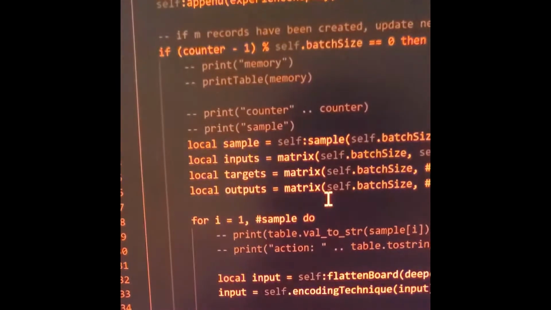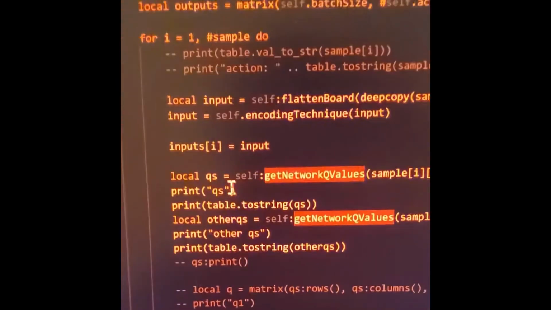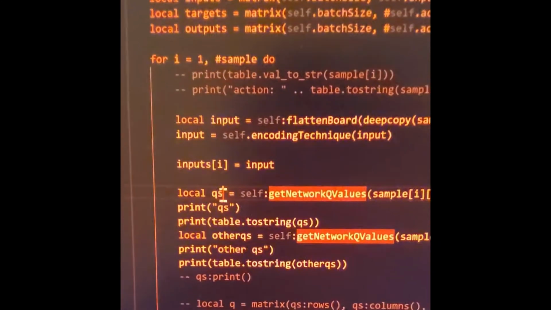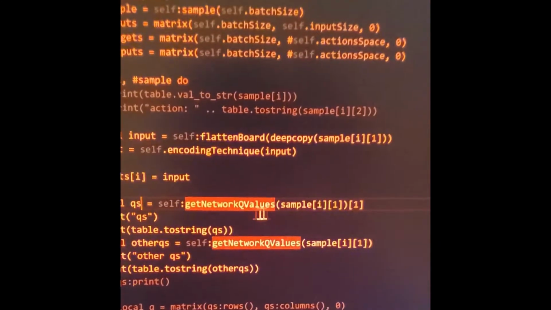If it's a win, the reward would be 1. If it's a loss, the reward would be -1, and if nothing happened, it'd be 0. So essentially what it does is go through and calculate the Q values of a couple of different samples, right? It goes through all samples because it's trying to learn, and it calculates the Q value for each of them.